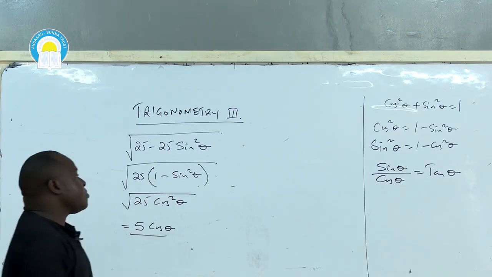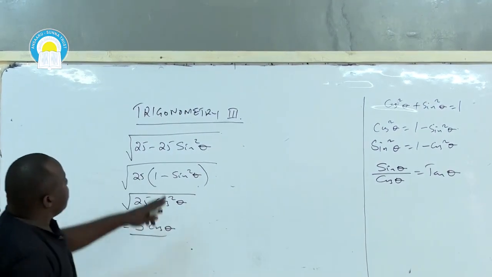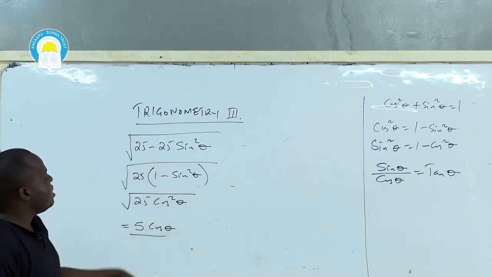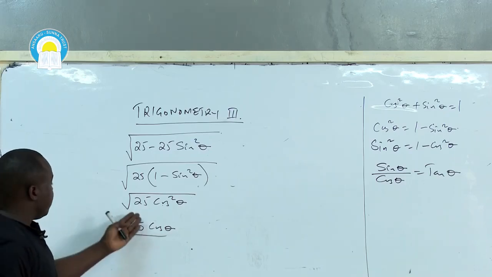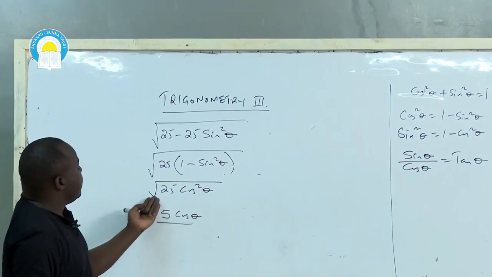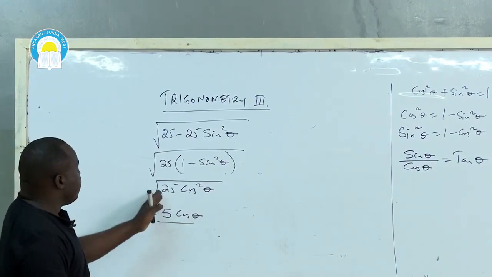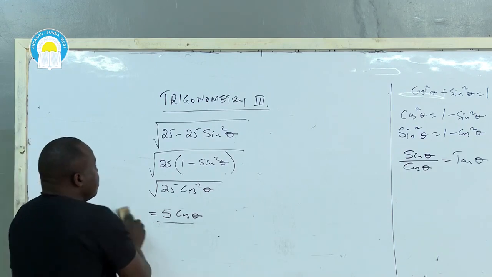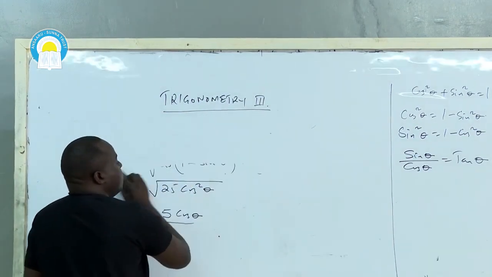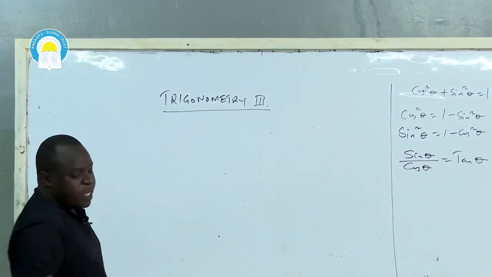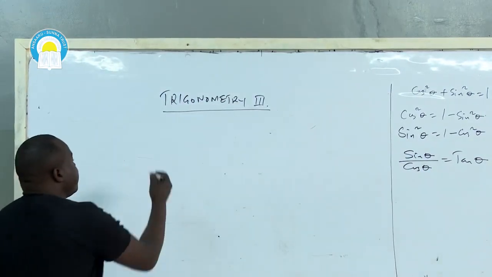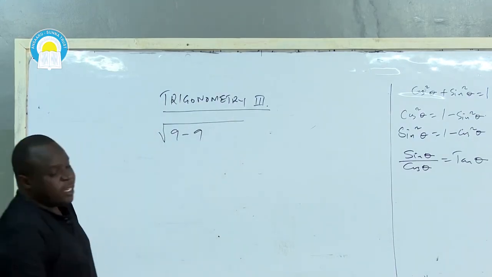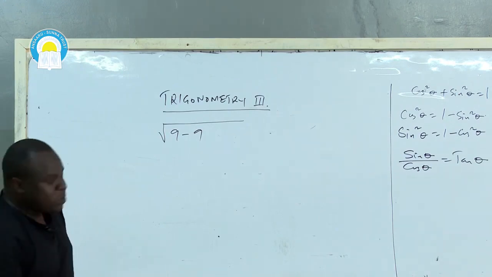Next example. You see, the first example I used brought in the next question, which relates to the first example in a way, but the only difference in this case is the addition of a square root. Then I've used the square root in the final part to get the value that I got there. Okay, so the next example is the square root of 9 minus 9 cos squared theta